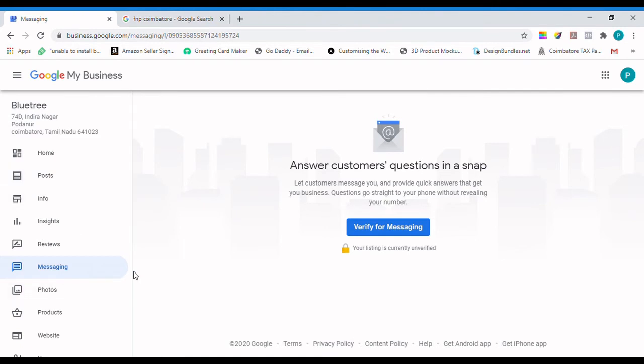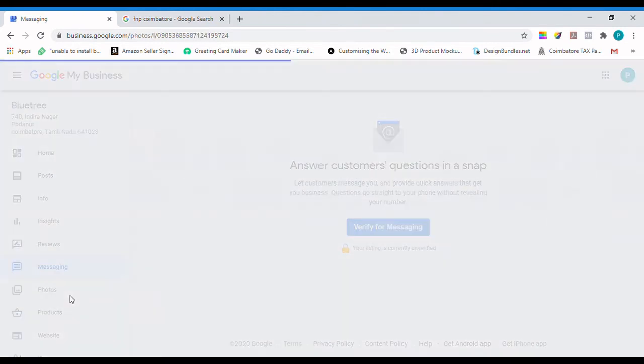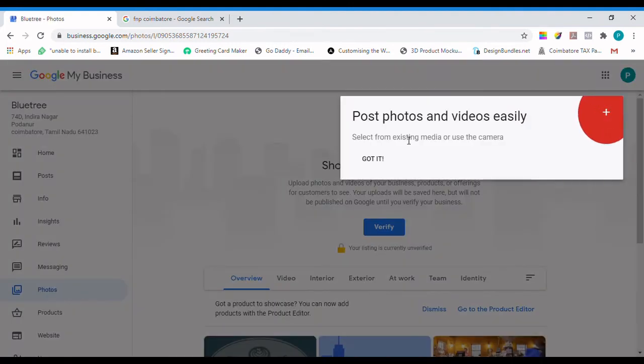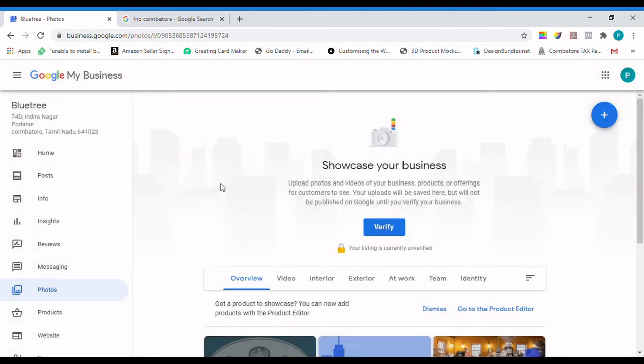And the next important section is photos. So you can post photos and videos of your company.